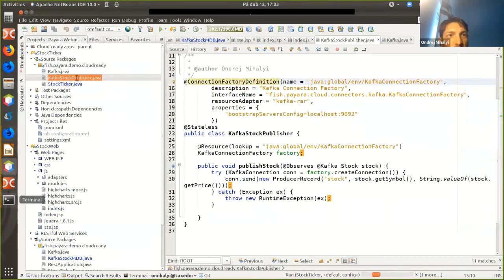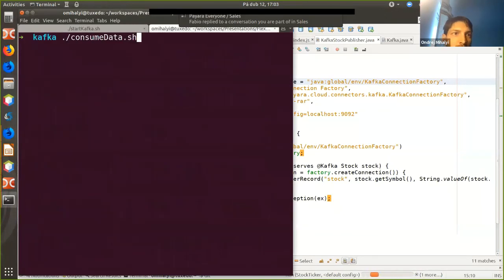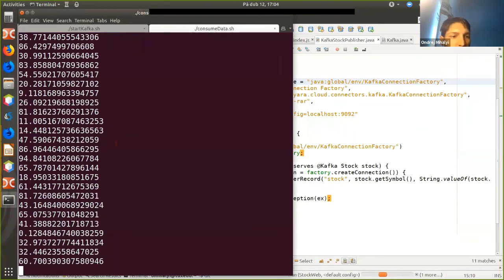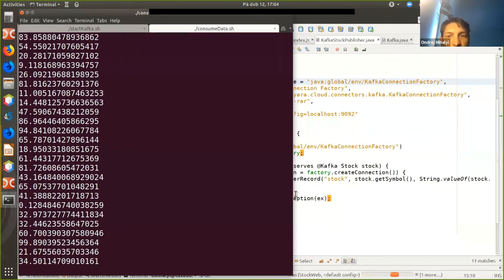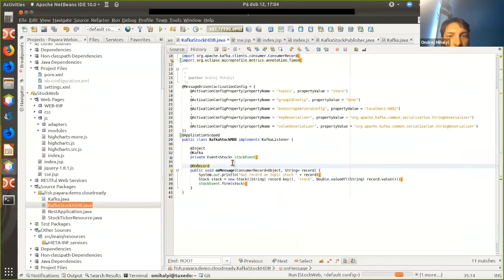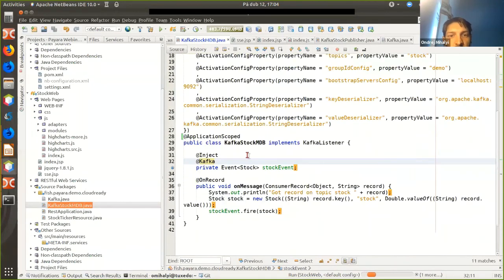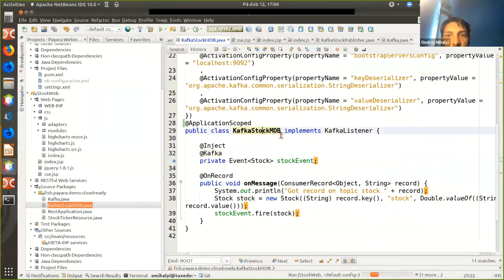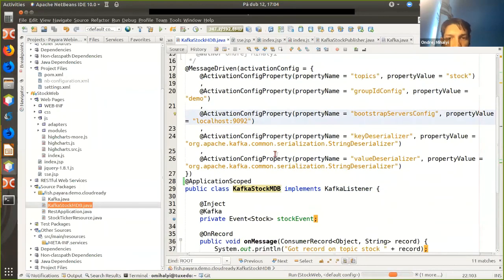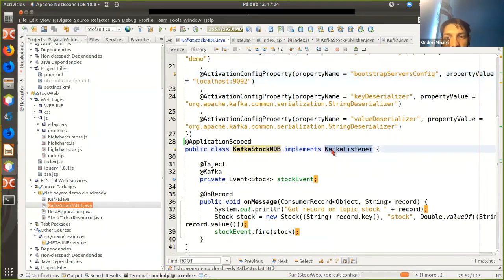And now we should see the messages coming to the Kafka broker. There are some messages coming. And in order to receive them on the other side, we need to define something more than just a CDI observer. We need to define a messaging bean that listens for messages from Kafka, again with some configuration of activation properties. It implements a Kafka listener, which is an API we need to add to our application,